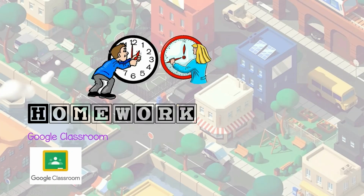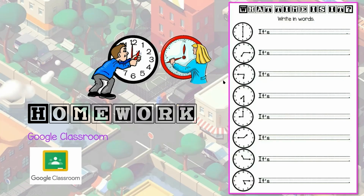Finally, for your homework, you will download this worksheet from Google Classroom. What time is it? Write in words. Look at the clock faces and write the time in words. Words meaning you have to use half past, quarter to, quarter past, and o'clock. Once you're done, remember to upload your work back into Google Classroom and then click on